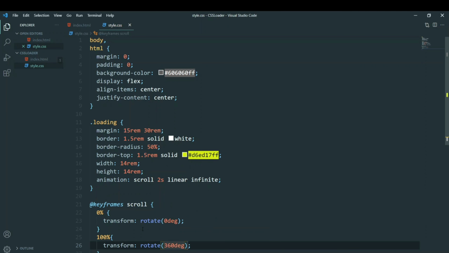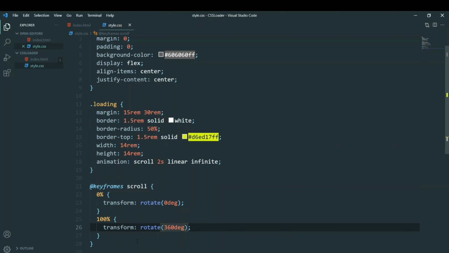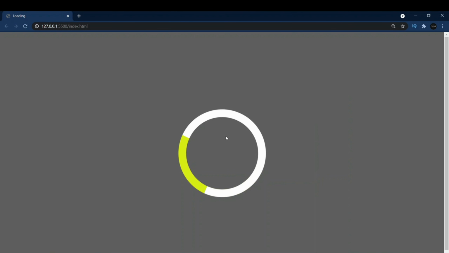So a complete circle. Now as soon as I go back to the browser, you can see now that the code has already started running. Okay, so it will keep on rotating because we have added an infinite amount of times to rotate. It is linear. Linear means that it should look as if it's not stopping in between. It is not disturbed. It is in one go. Okay, so this is how you can create a loader.